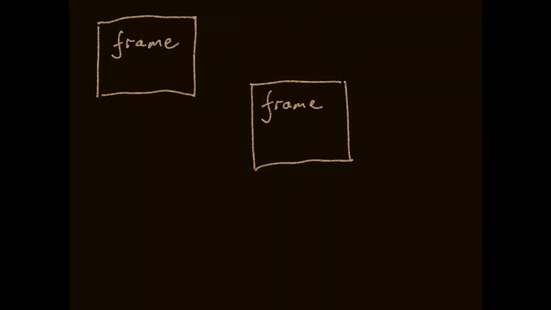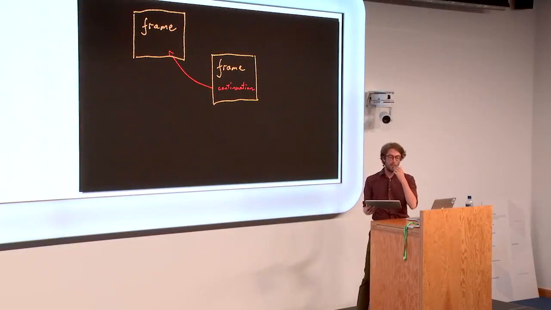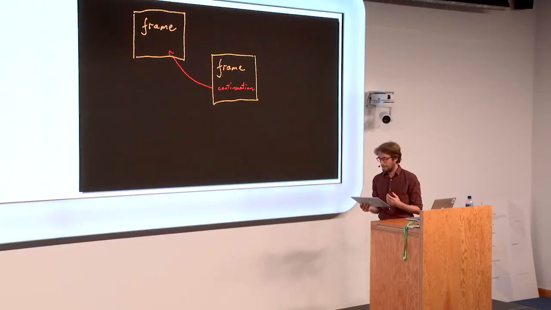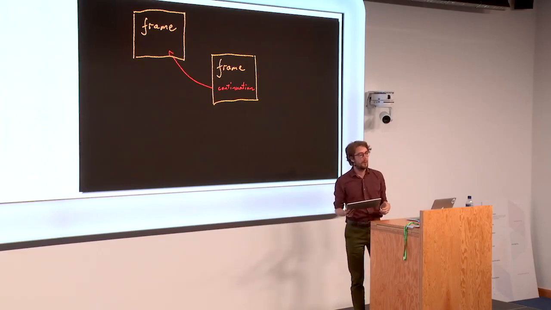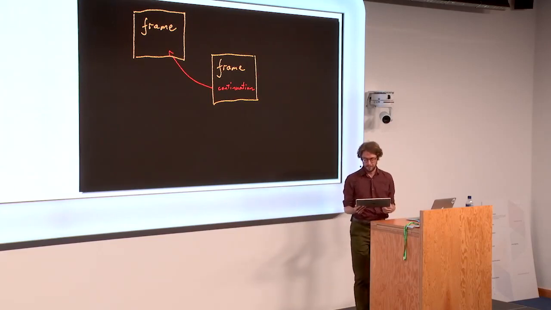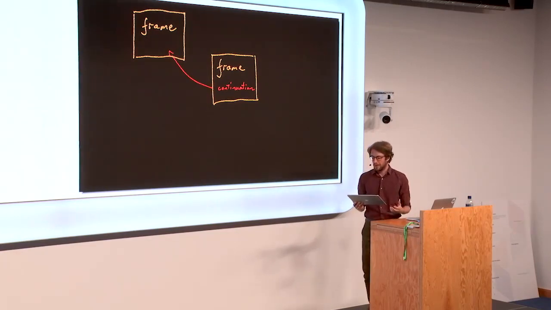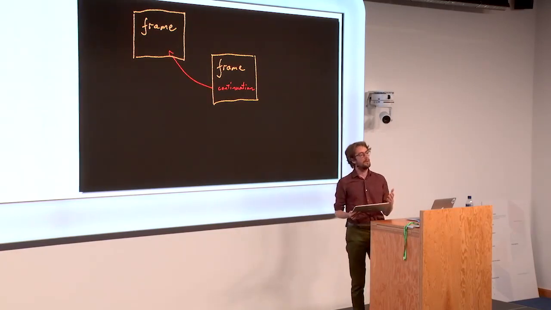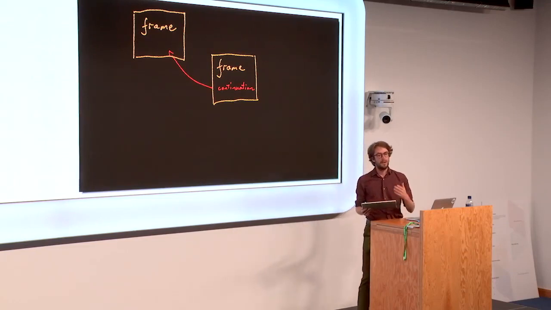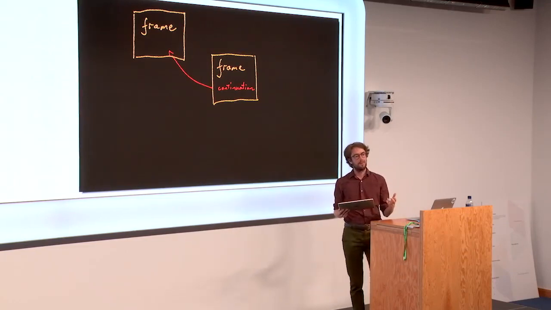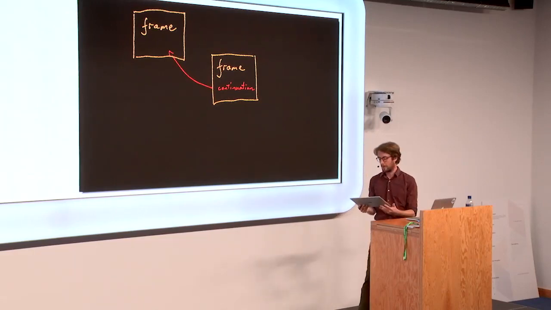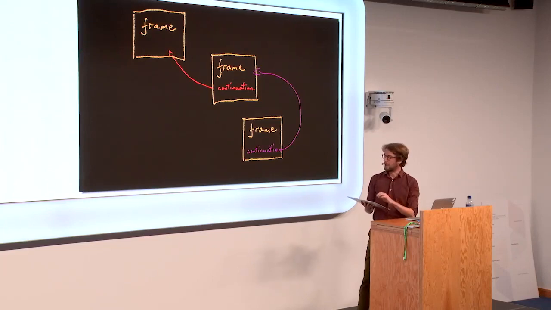So here, imagine this is a function calling another function, which is generating a second call frame. And imagine that in this second call frame, we have this thing that we're going to call a continuation, which is just a pointer to that previous call frame. And there's a certain low-level understanding of the term where this is all it is. It's just a mechanism so that when we call return from that second function, we can use this continuation to return back to the call frame that we were executing before. And we can go on nesting like this.